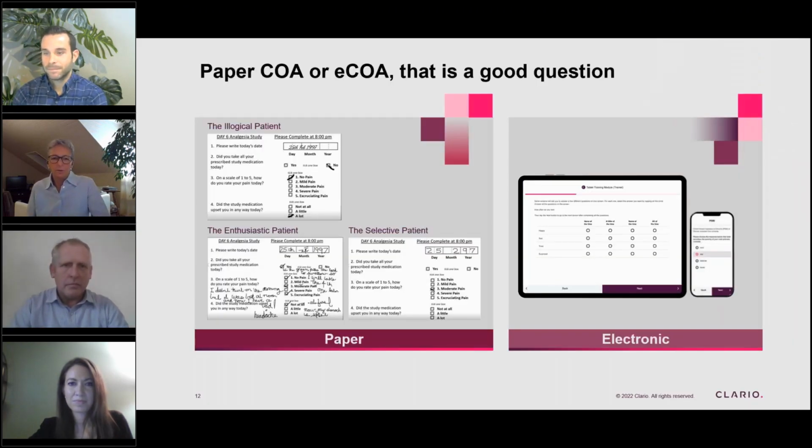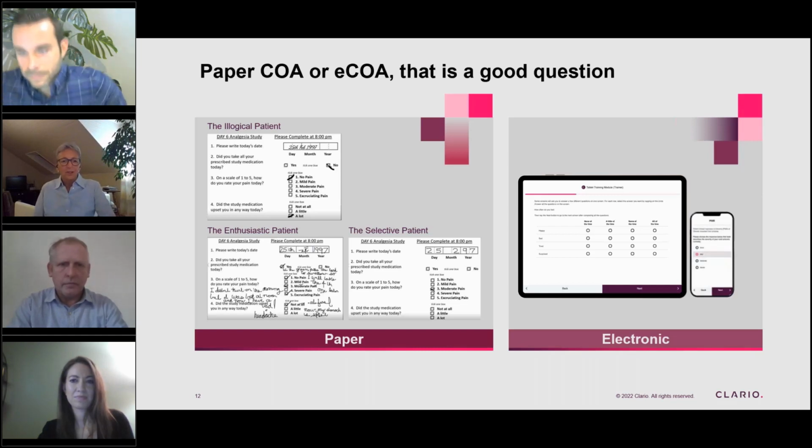So here's just a really good visual. I have used this visual of paper diaries for the last 25 years, actually. This is a very typical paper diary. It's only 4 questions. The patient has been instructed to do this every day at 8 p.m. Now on paper, that's really hard to know if they're going to really do it every day at 8 p.m. or not. And there is some data to suggest that patients often do this in the parking lot before their next visit. But the first example is the illogical patient, where this diary, they were asked to answer these 4